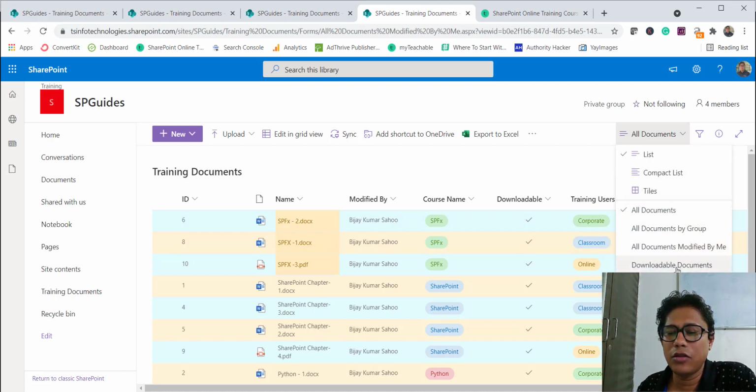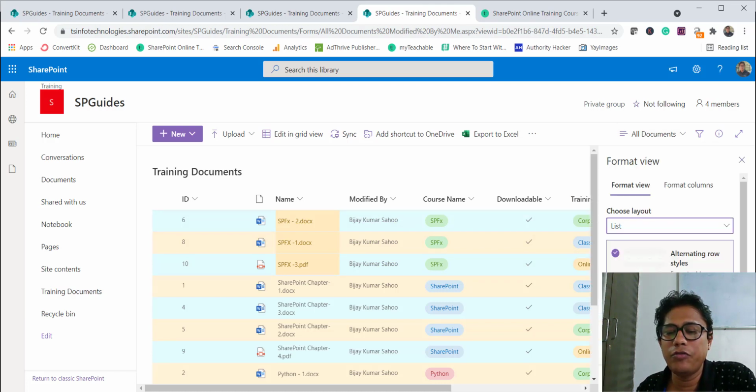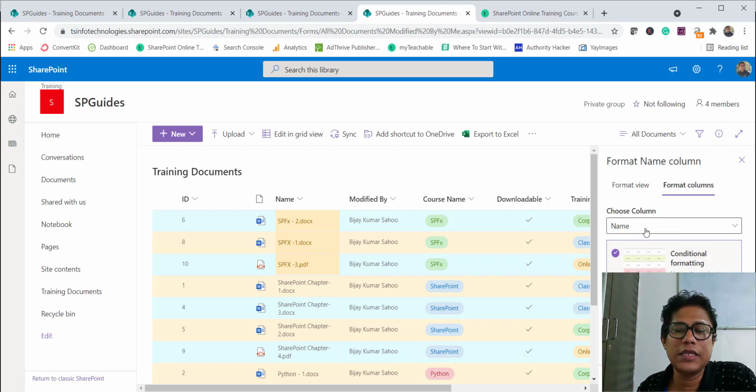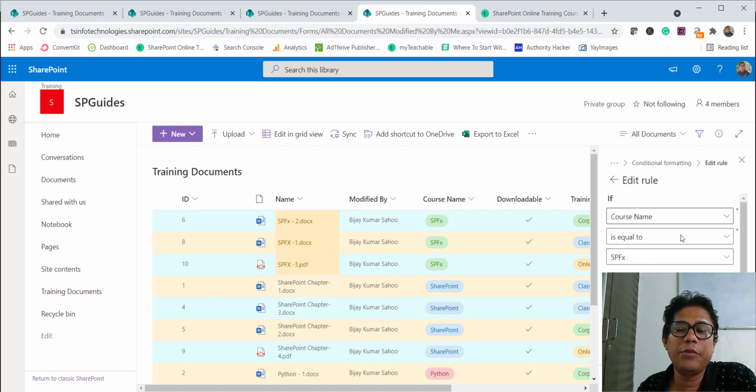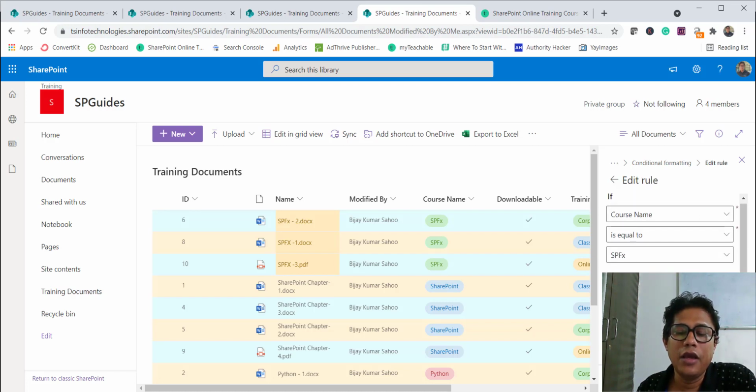Now the other thing that you can do here is, if you go to format view, you can see the format column. In this case, I already have a column formatting here. I am formatting the name column based on rules where the course name is SPFX. So you can see, if the course name is SPFX, it is coming in yellow color.